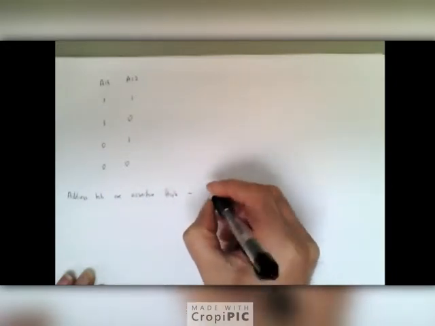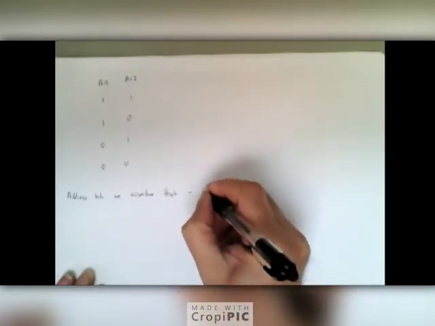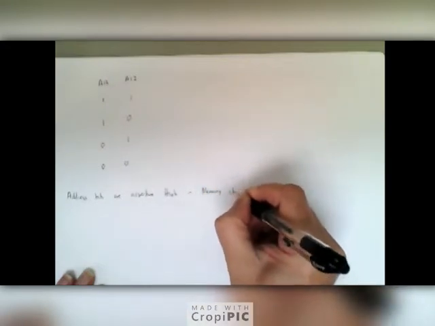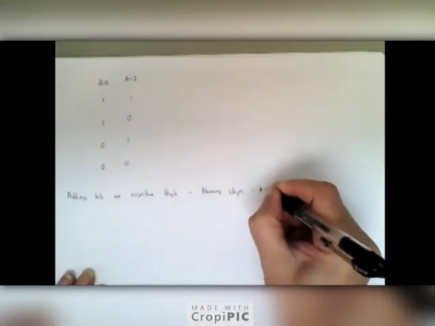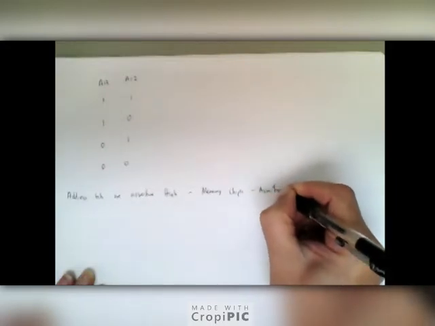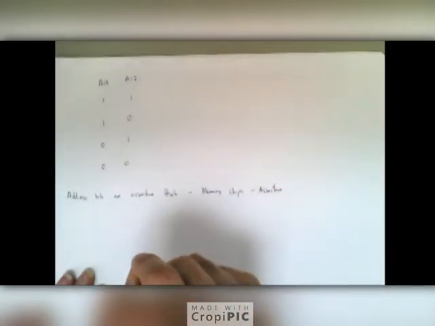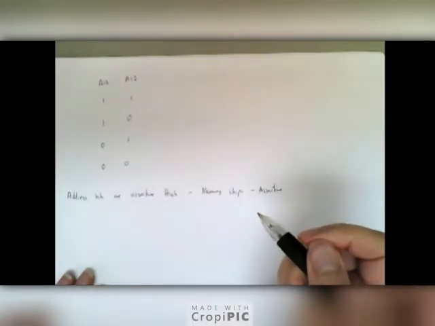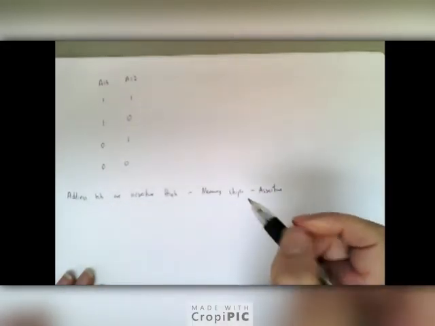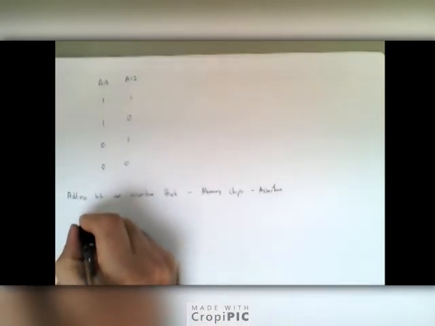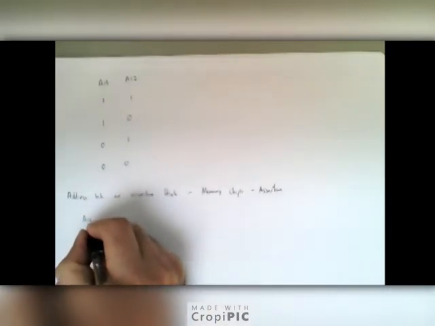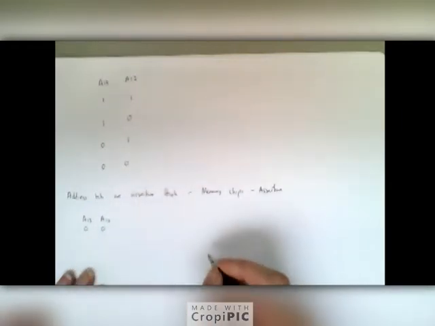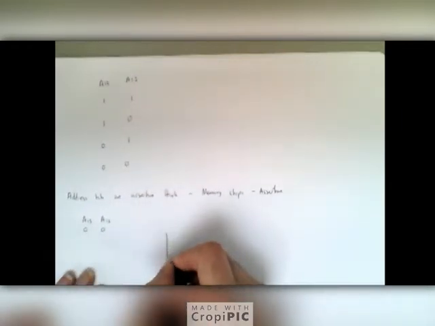and let's have our memory chips that we're going to be using also assertive high. So to activate them we need a high output, and the inputs are going to be assertive high. For the lower region, i.e. where A13 has the value of 0 and A12 has the value of 0, well, if I use